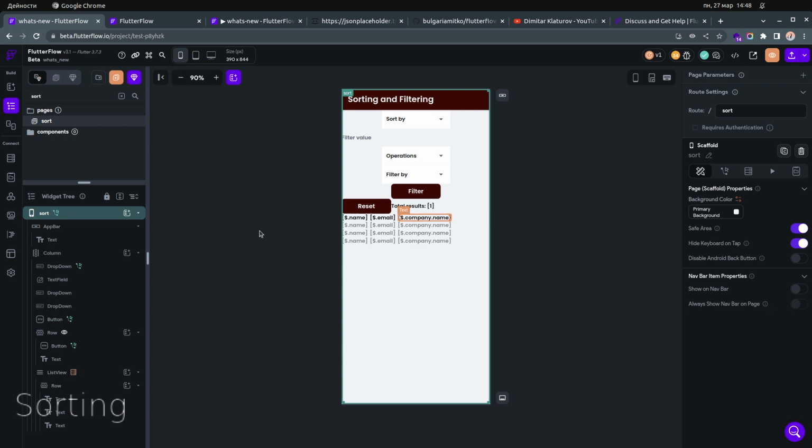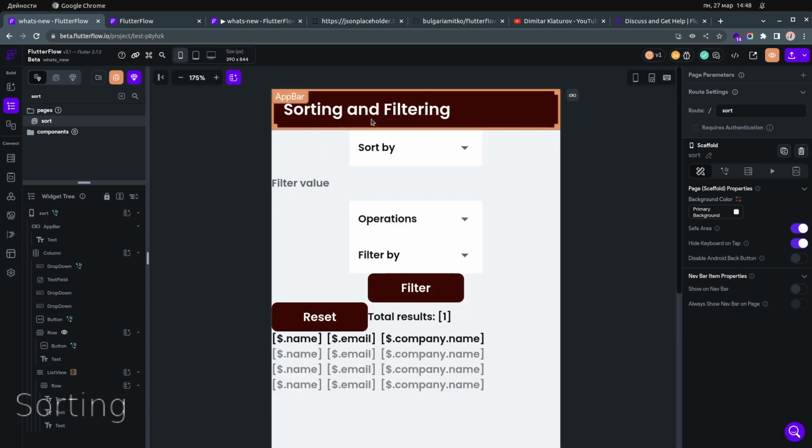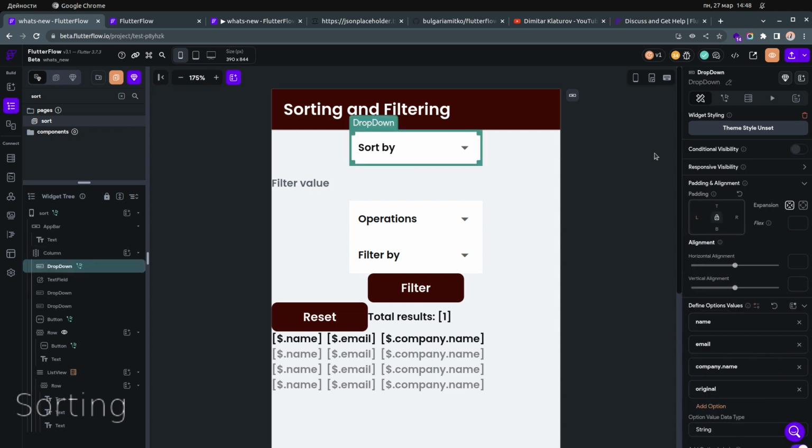Okay, so this is the page. Let me zoom a little bit. What I have in this page is the title, which I renamed this time, so it's sorting and filtering, and then I have a drop down. So in this drop down, like I said, we start with the sorting, like it says over here. So we have the name, email, company name, and the company name, keep in mind, is the path to the